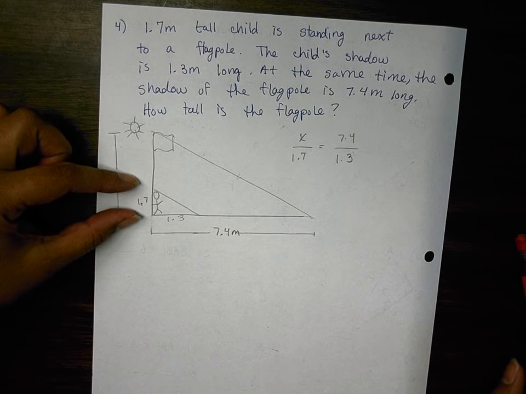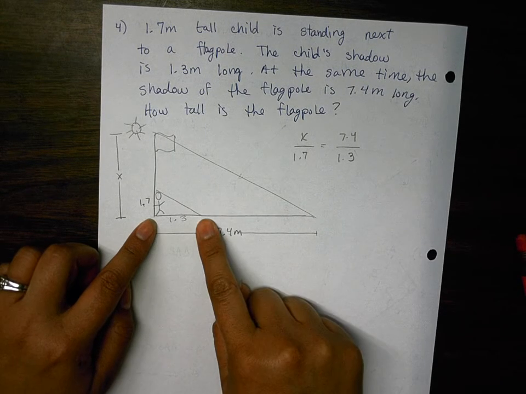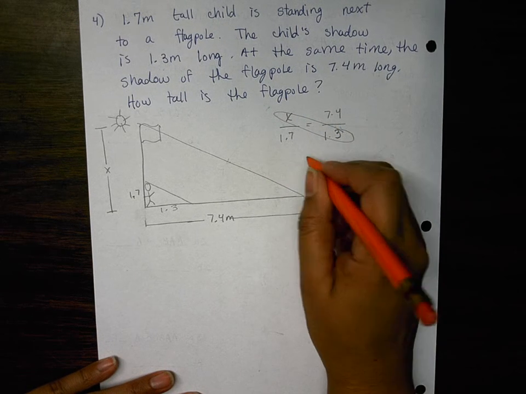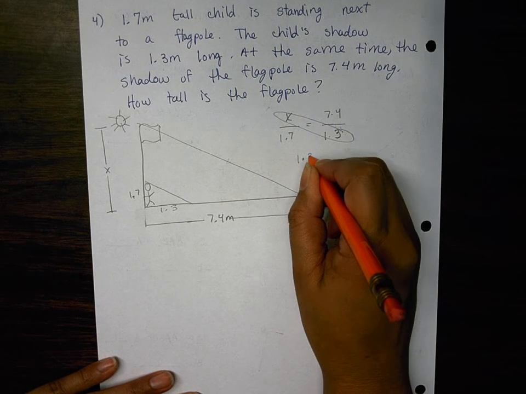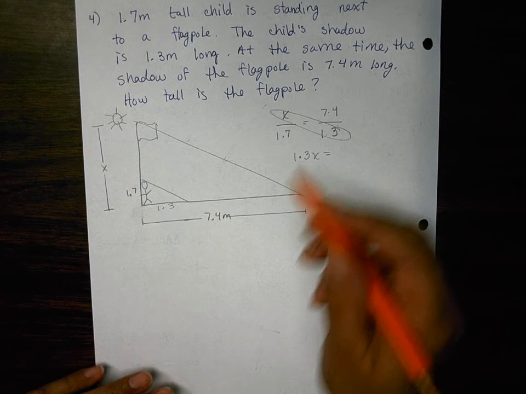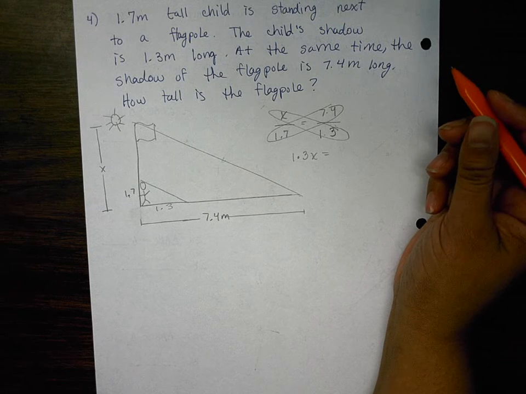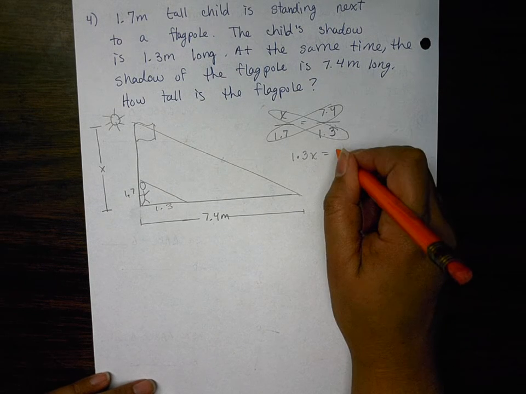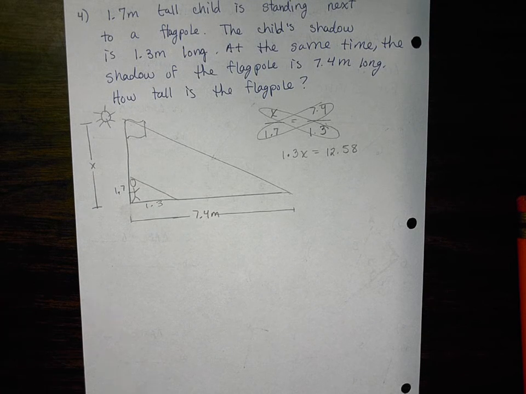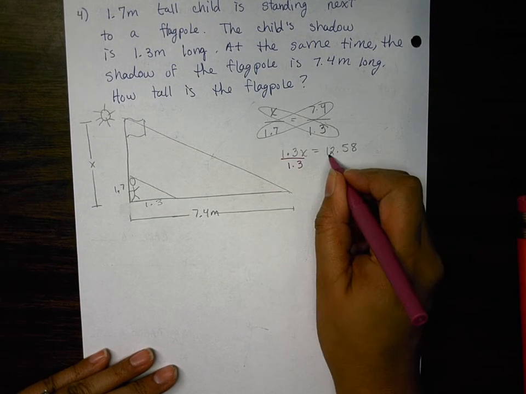X over 1.7, height of the flagpole over height of the child. Shadow of the flagpole, 7.4, over shadow of the child, 1.3. Let's cross multiply. 1.3 times x is 1.3x. Does anybody have a calculator out that can multiply this for us, since we don't all have it? What is it? 12.58. Thank you, 12.58. And then we divide both sides by